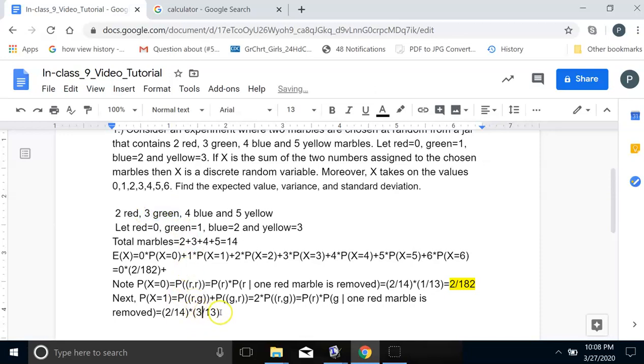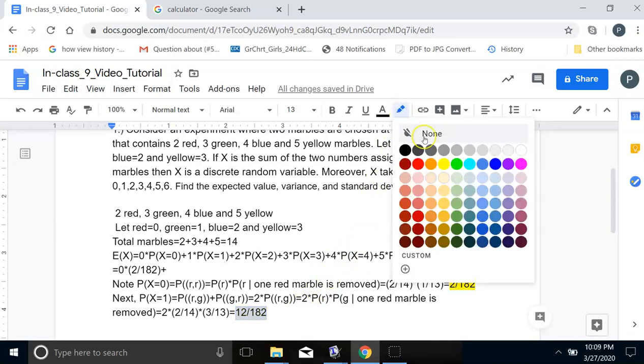So this will be then, oh, I forgot the 2 here. There should be a 2 right here, times 2. And so therefore, stick a 2 here. So it'll be 2 times 2, 4 times 3, 12. So it'll be 12 over 182. Like that. That's the probability of